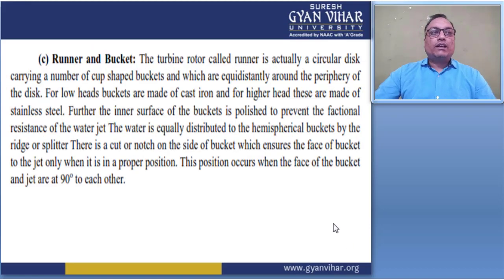The next component is the runner and bucket. The turbine rotor is called the runner, and this is actually a circular disc carrying a number of cup-shaped buckets, which are placed equidistantly around the periphery of the disc. For low heads, buckets are made of cast iron, and for higher heads, these are made of stainless steel. Further, the inner surface of the bucket is polished to reduce the frictional resistance to the water jet, and